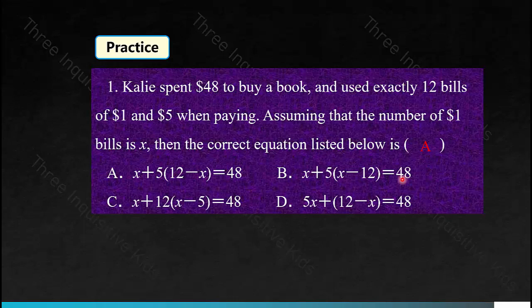Okay, so here we have x, which is the number of $1 bills. And then we plus the amount of $5 bills, which is 12 minus x, and each of those bills are worth $5. So 5 times the difference of 12 and x, it has a total of $48. So it's